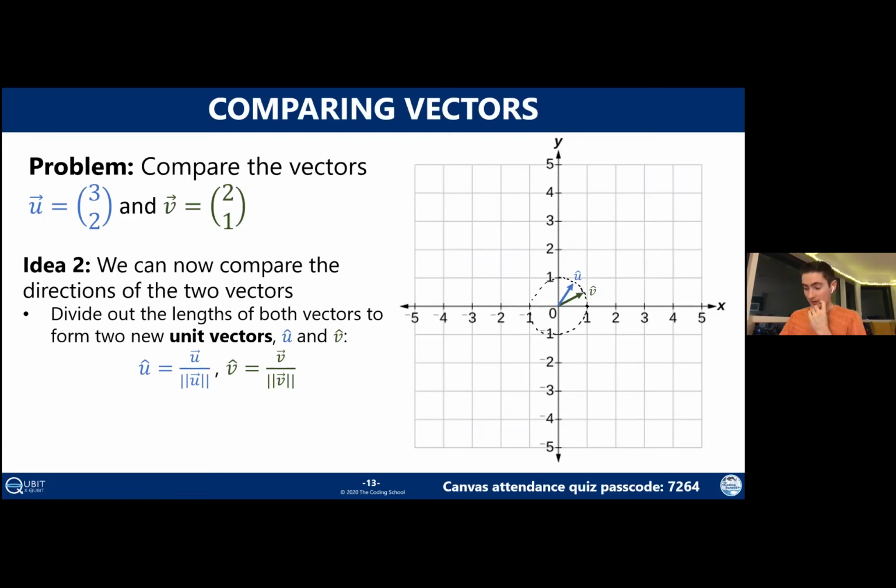Okay. Why are they on the unit circle? Because now they have a length of 1 or a magnitude of 1. And that's why they're called unit vectors. Unit vectors have magnitude 1, they sit on the unit circle, which has radius 1. All of these ideas are connected. So when you hear someone say unit vector or u hat or anything like that, it just means take the same vector that I had, keep the angle the same, but make it sit on the unit circle by scaling it with some factor. So hopefully that is relatively straightforward.